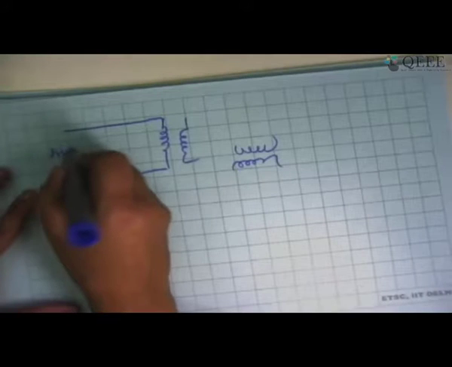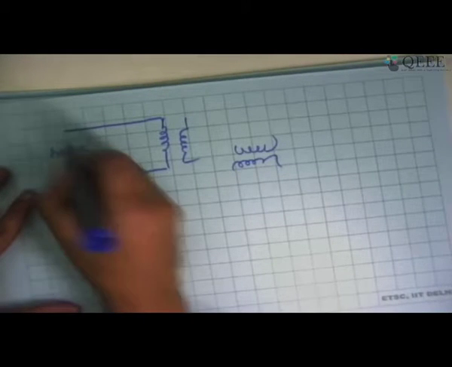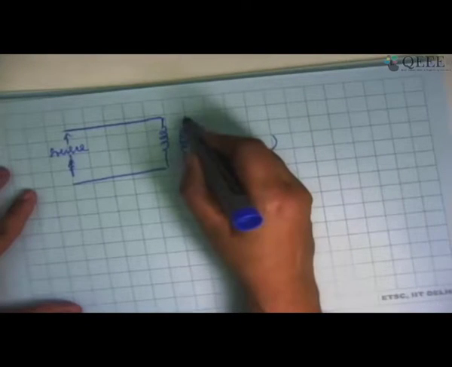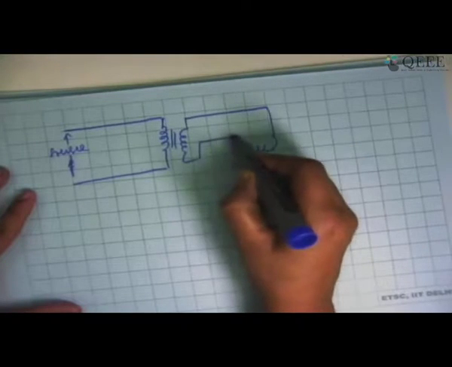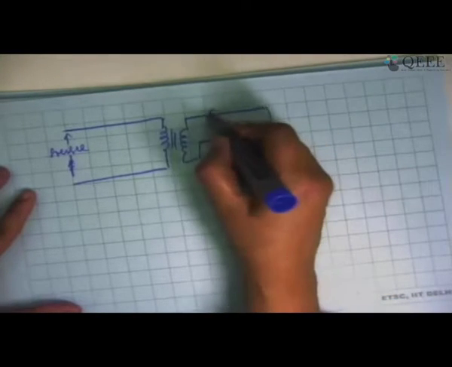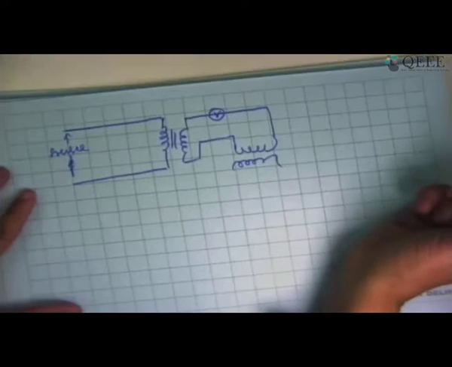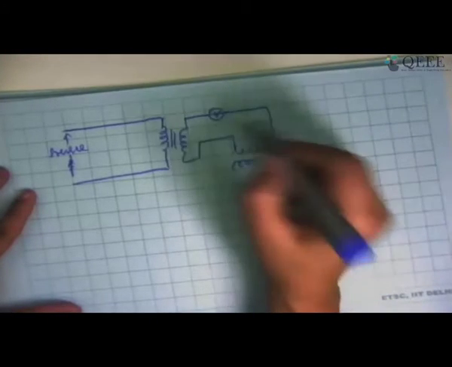So if I have one transformer here and I have one more transformer here, one transformer is going to be supplied from the source, right? This is going to be the source voltage, and this transformer's secondary is going to be connected to the primary of the other one. I can definitely create a voltage difference. Of course, I have to make sure that the polarity is correct. Polarity test is very important in this case.